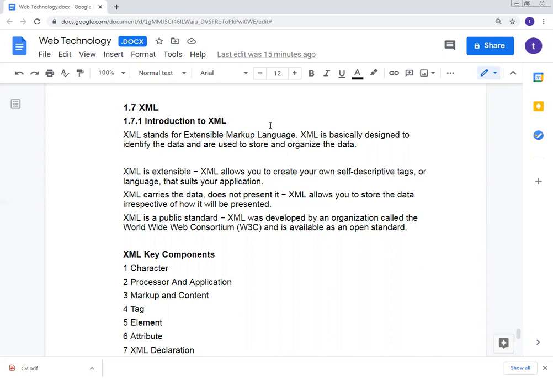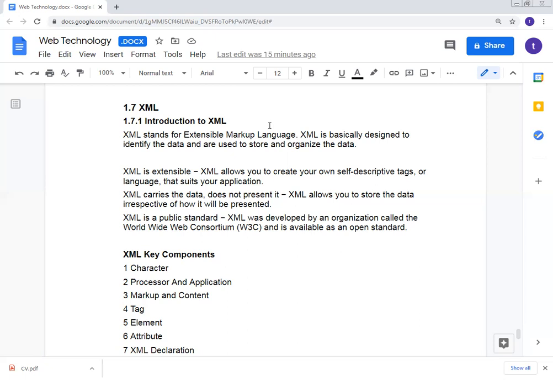XML carries the data, it does not present it. XML allows you to store the data irrespective of how it will be presented. XML is a simple text-based format which represents information in a structured format, like documents, transactions, data, invoices, books. This is how you present your data in a structured format.